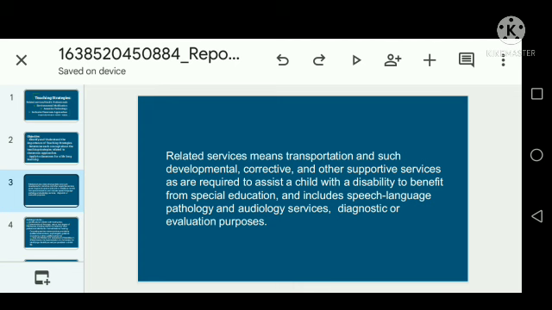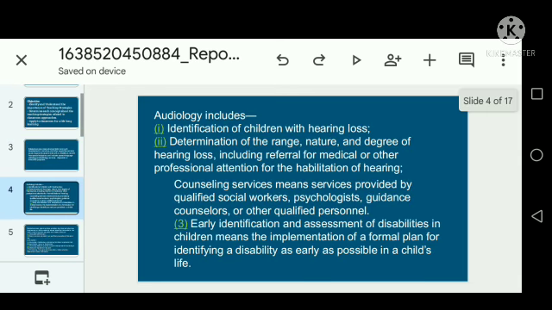So there are a lot of services that are offered to address the needs of the child who has a disability. Dagan kayo. But this afternoon, ako lang i-discuss ang basic o gamay lang aron at least naa tay overview sa unsay related services, especially in addressing the needs of the children with disability.